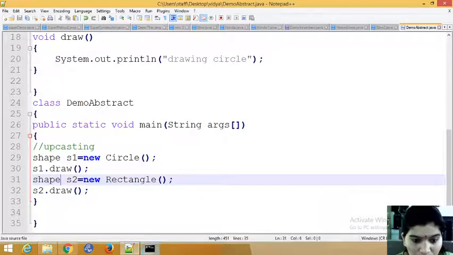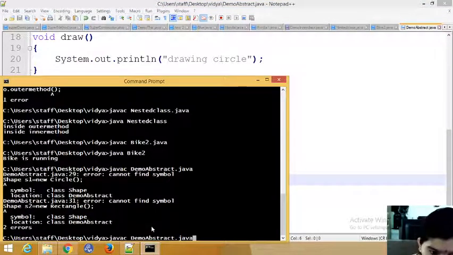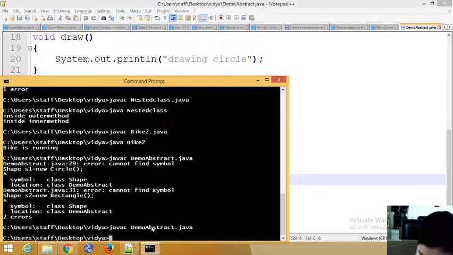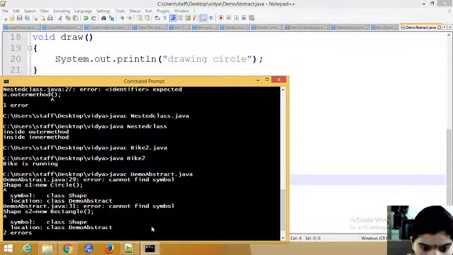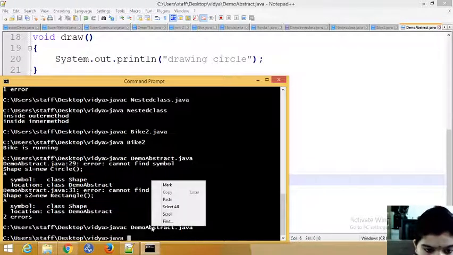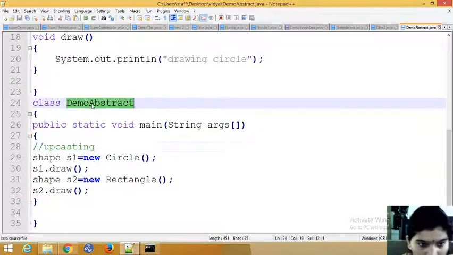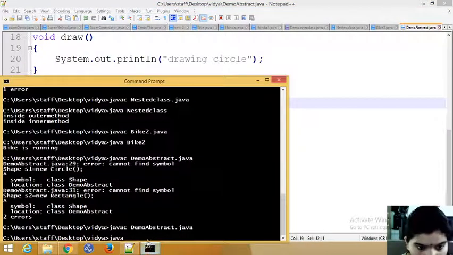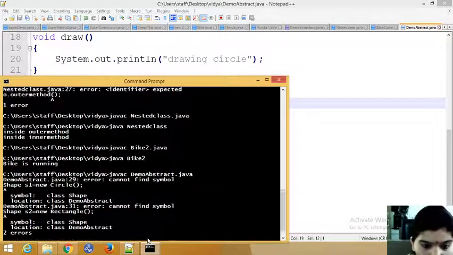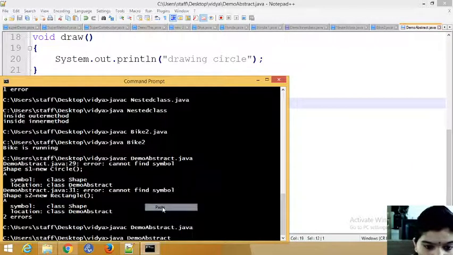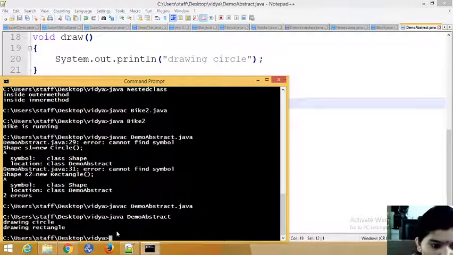Save the file. So now only case sensitivity happened here. So now running Java, I need to use the class name. So now you are getting drawing circle and drawing rectangle.